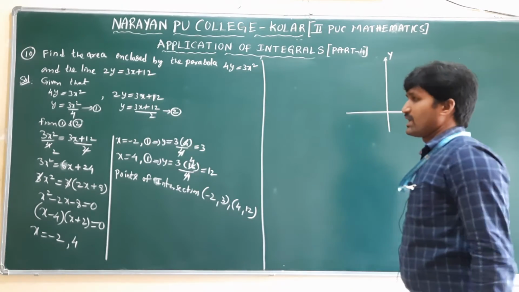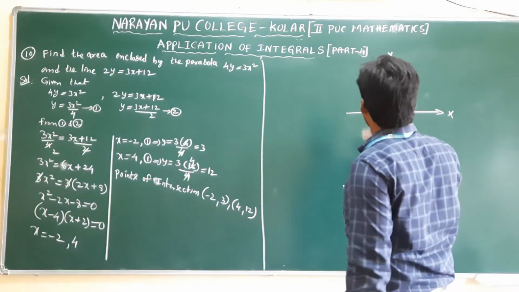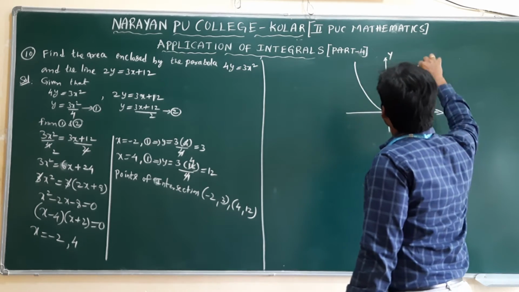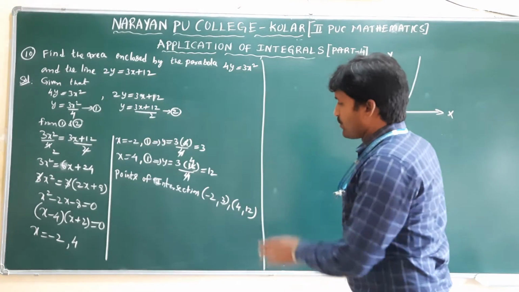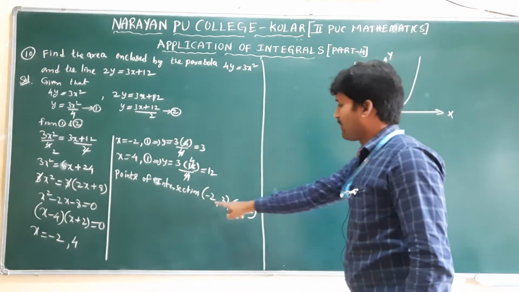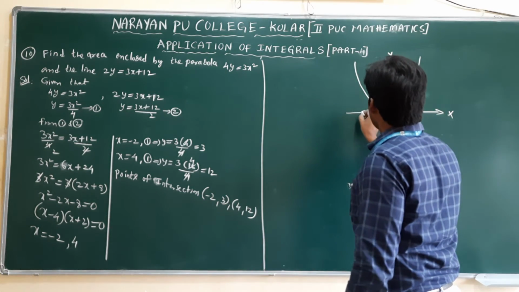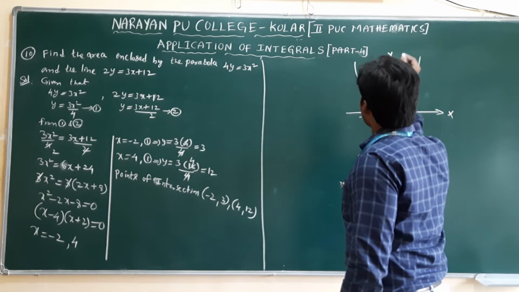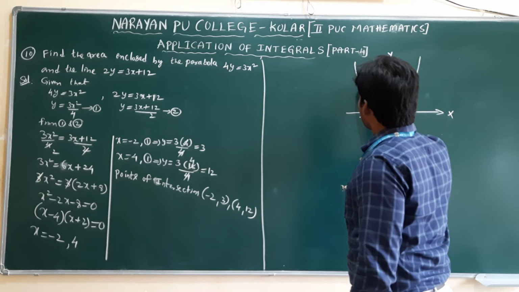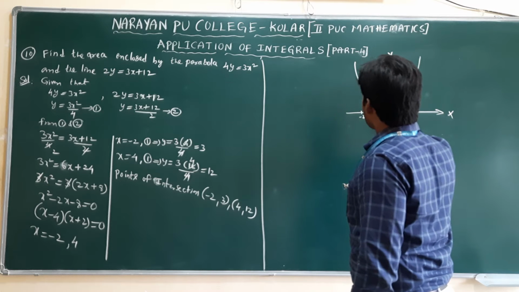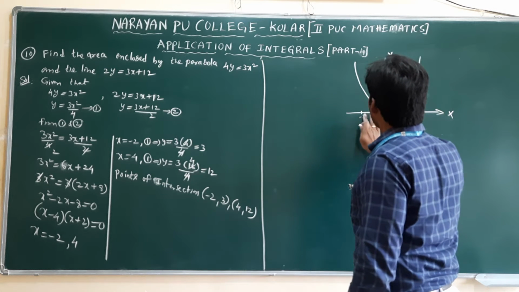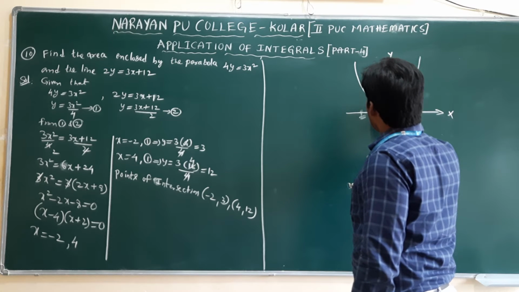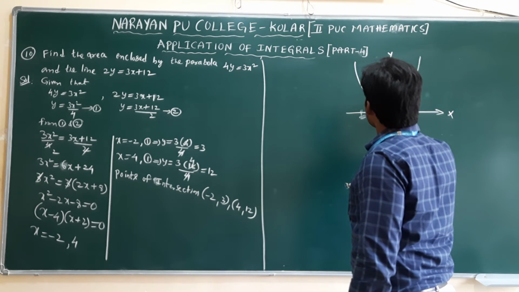The first given parabola is the third form of parabola, x square equal to 4ay, so towards the positive y axis we will get it. Now for the points of intersection, to draw the line, minus 2 comma 3. If we take for example here minus 2, here 3 we will take, approximately. That much length is not required. Take a small value only, otherwise you will get a very big diagram. It's minus 2, this is 3.